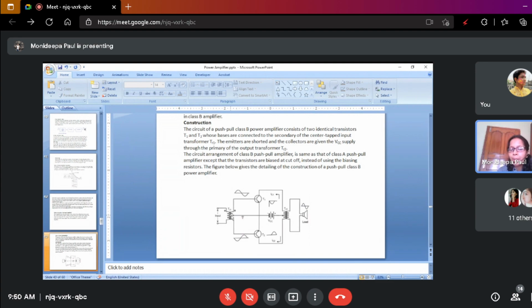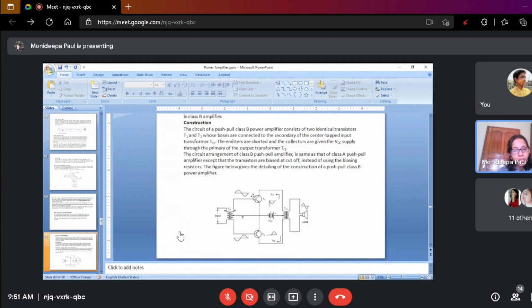So during the positive half cycle of the input voltage, this transistor is in forward bias condition and this transistor is in negative bias condition. You see that during the positive half cycle, this one is not forward biased according to the configuration. This is the emitter, this is the base, so this should be in negative bias condition. Negative bias condition means the input circuit is negative biased, that means this is the cut-off region. So this transistor is in active region during this condition, and transistor T1 starts conducting.